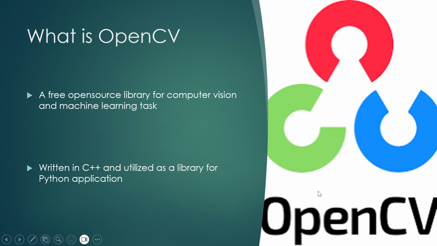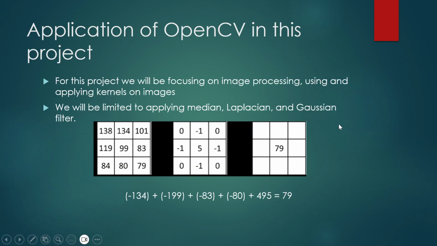So, OpenCV is basically an open source, free library often used with Python for image processing, computer vision, and machine learning tasks. It's all written in C++. However, we utilize our code to be able to access it on a C++ level. So, this is the application of OpenCV in this project. Specifically, we're going to be using it to focus on image processing and applying kernels on images. And the kernels that we'll be using are limited to the median, the Laplacian, and the